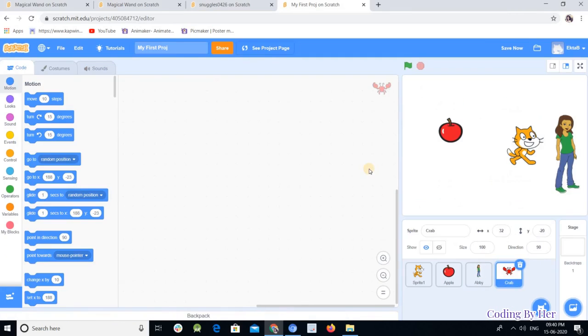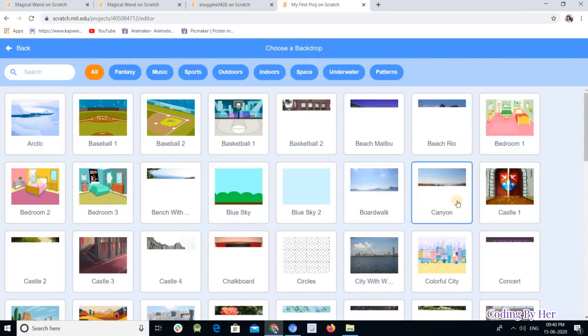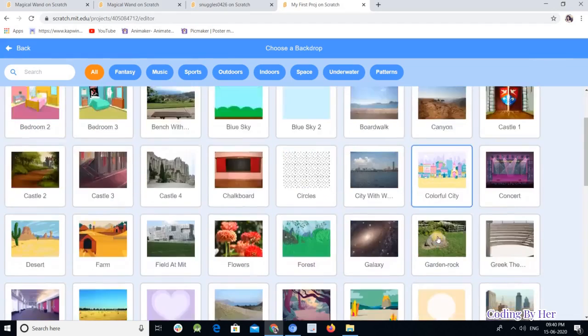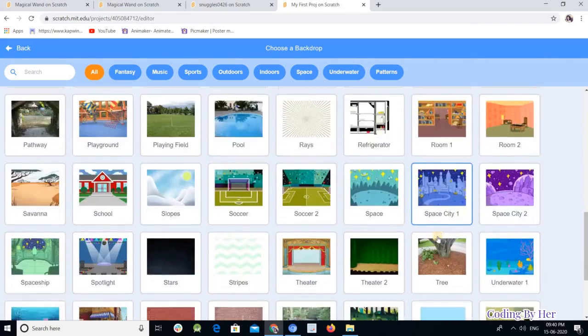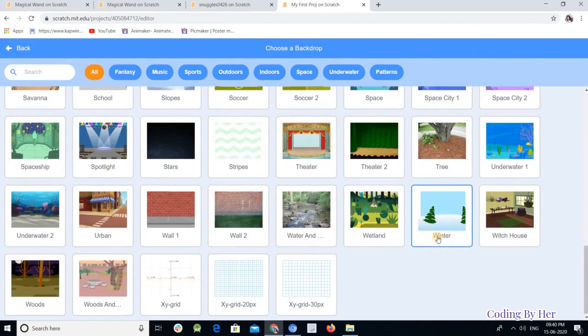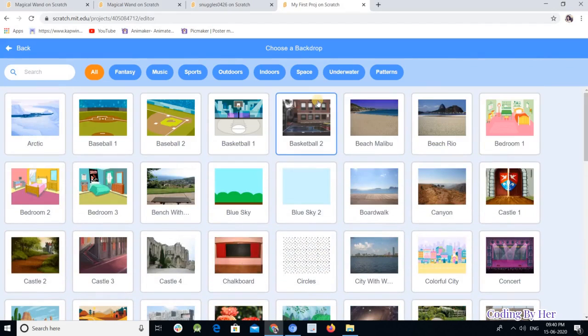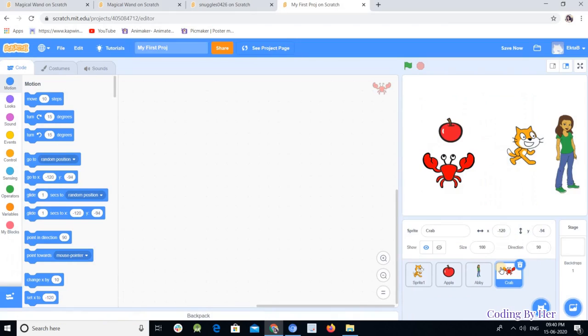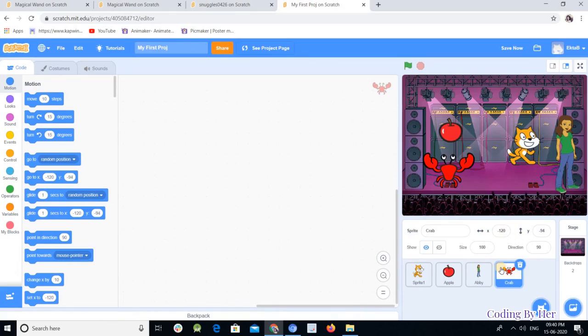Suppose this crab looks cute, so then you can change the background of this scenario. There are so many scenarios. You can select any one or any two or any three among all of these. Yeah, so this is what we have done, and there are so many things you can explore in this.